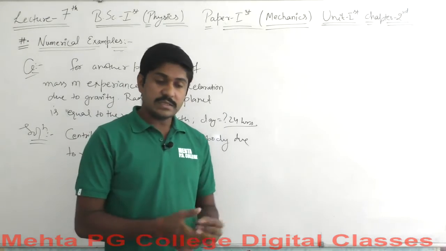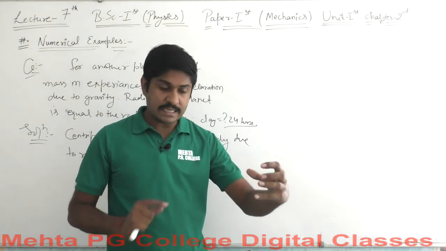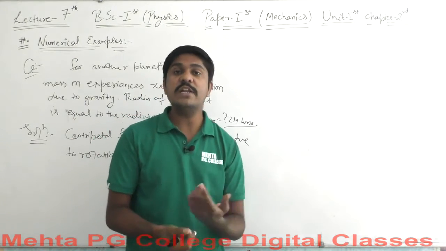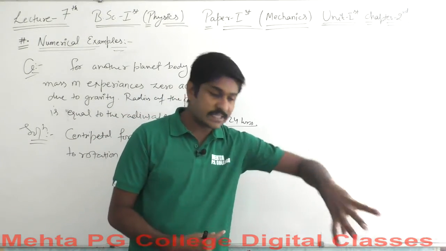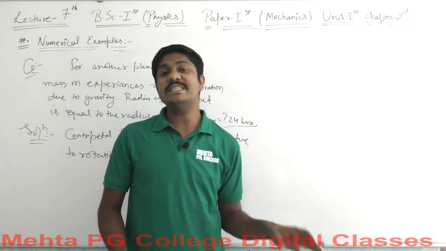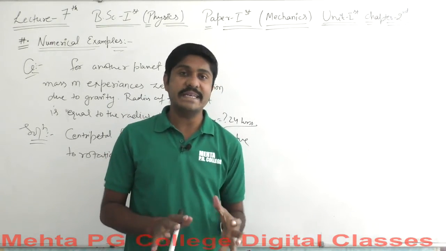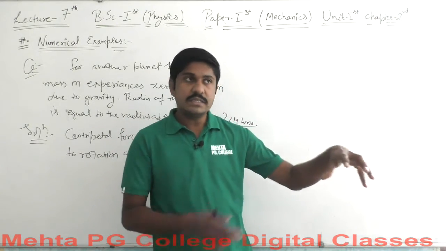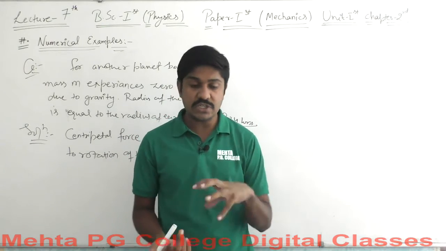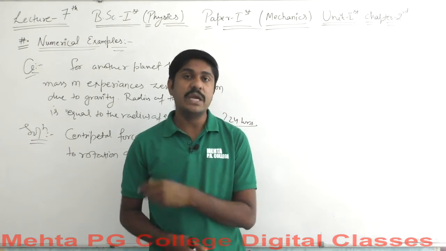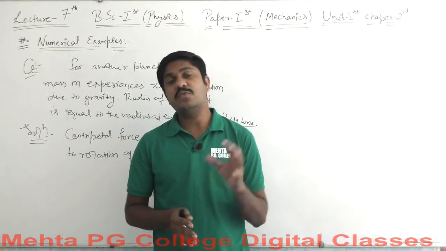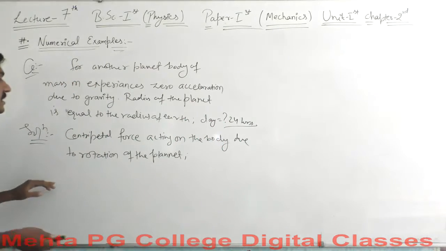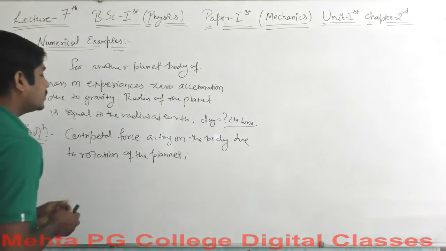Okay. The body is somewhere in space and the planet is rotating on its axis, and due to the rotation of the planet, what should be the value of centripetal force on this particular body that has been revolving around the planet? It has been said that this planet has a radius equal to the radius of Earth, but this body doesn't experience any gravitational acceleration due to this planet. So we just wish to find out the length of the day. Let's find out the centripetal force acting on the body due to the rotation of the planet.